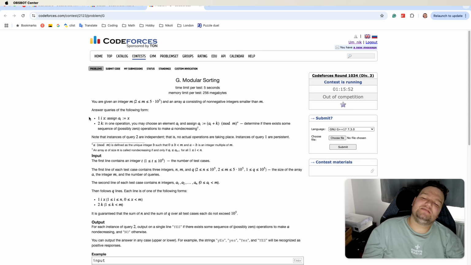We can do a lot of operations like this. Basically, for every number, we can do plus k, plus k, plus k as much as we want. So for every number, we can transform it to some other numbers. How do we understand to which numbers we can transform? Well, it turns out that we need to look at the GCD of k and m,